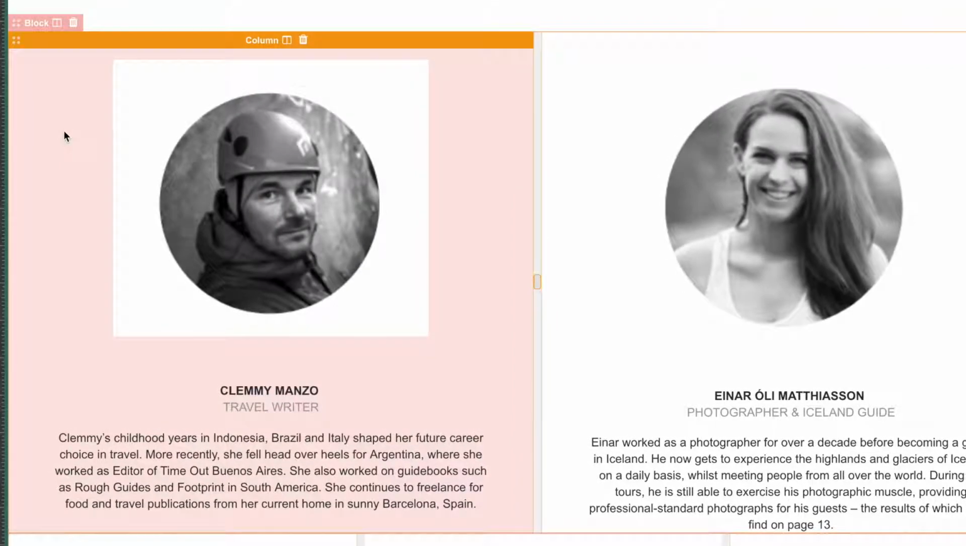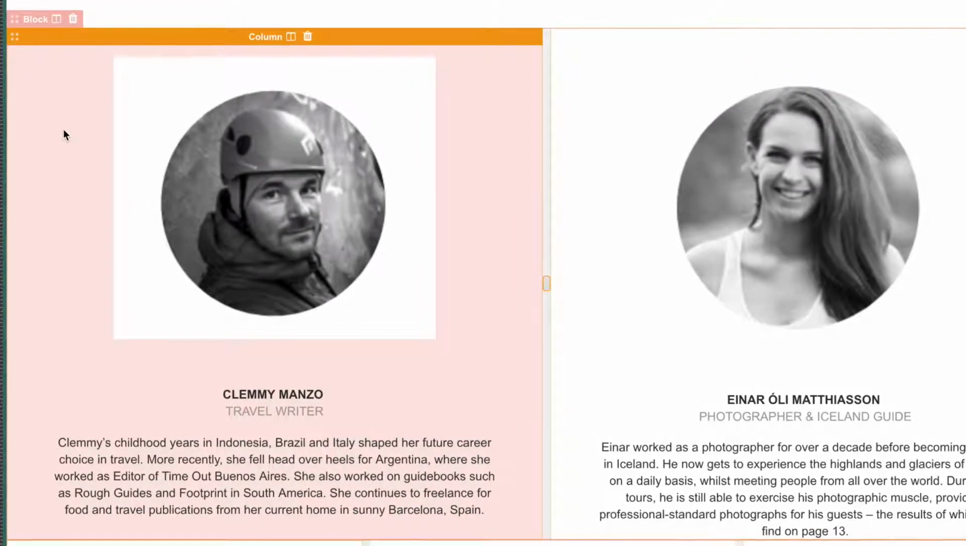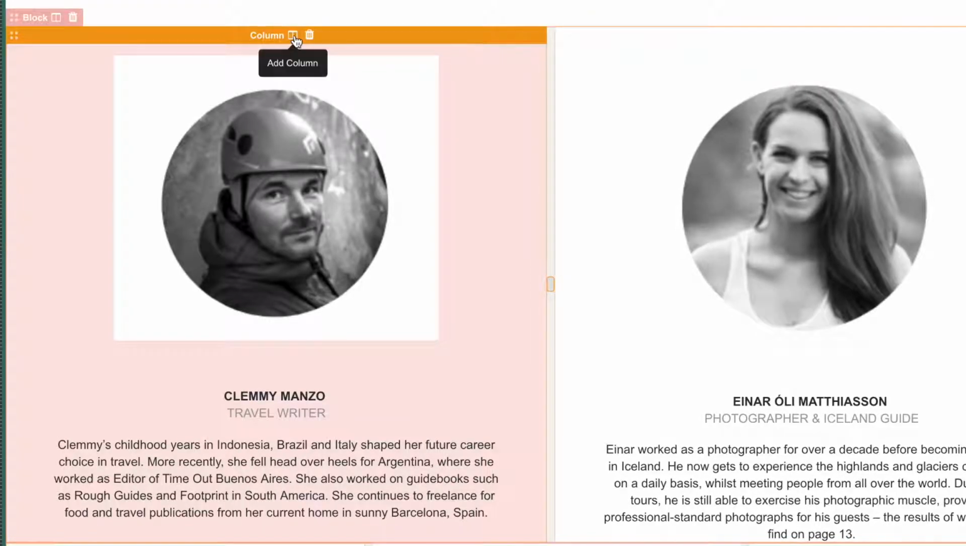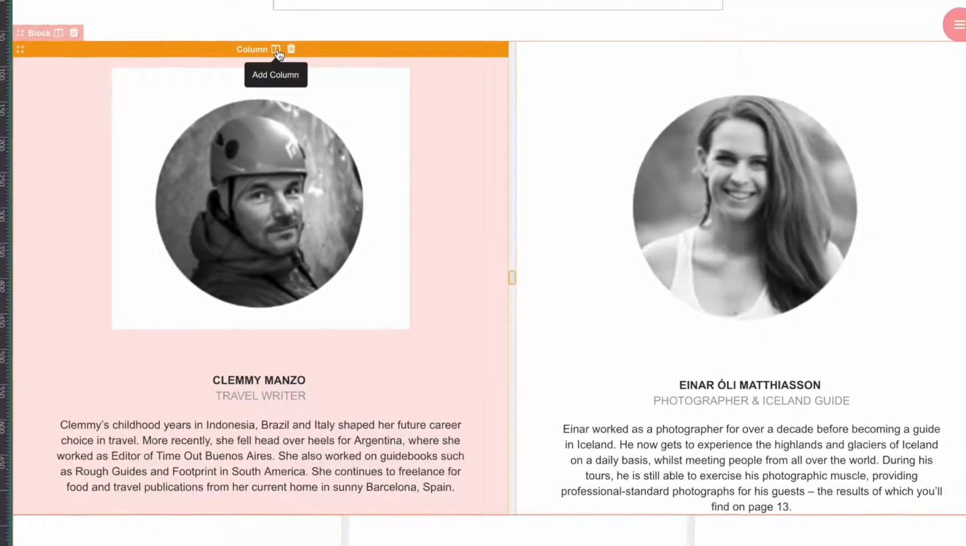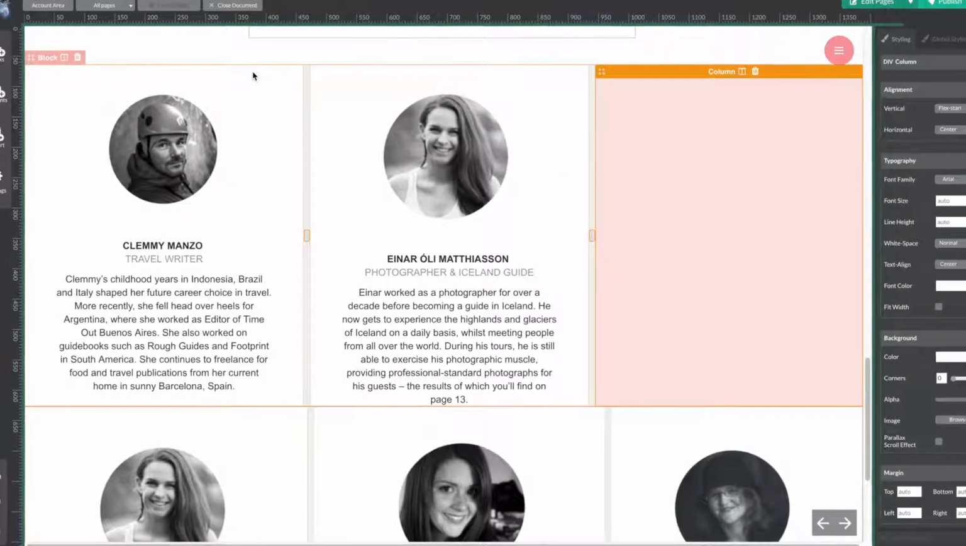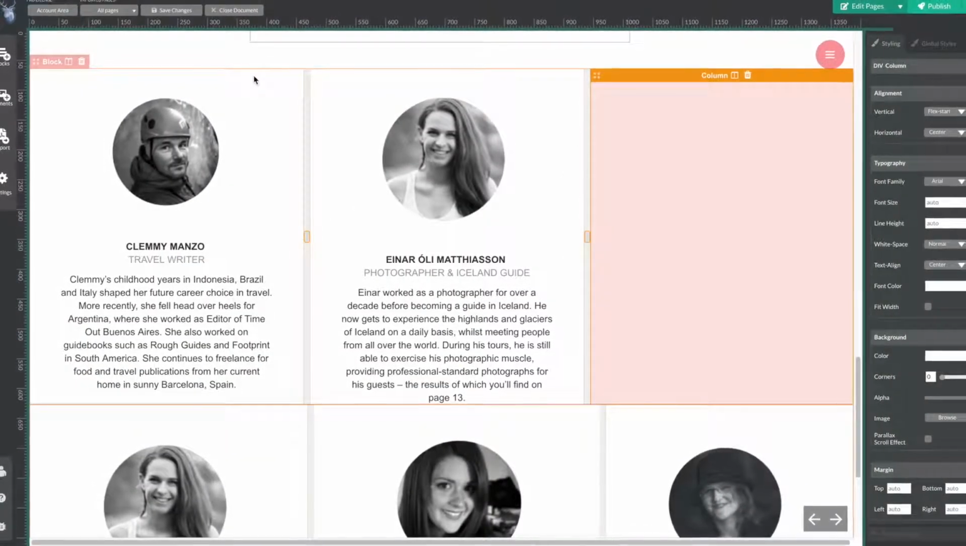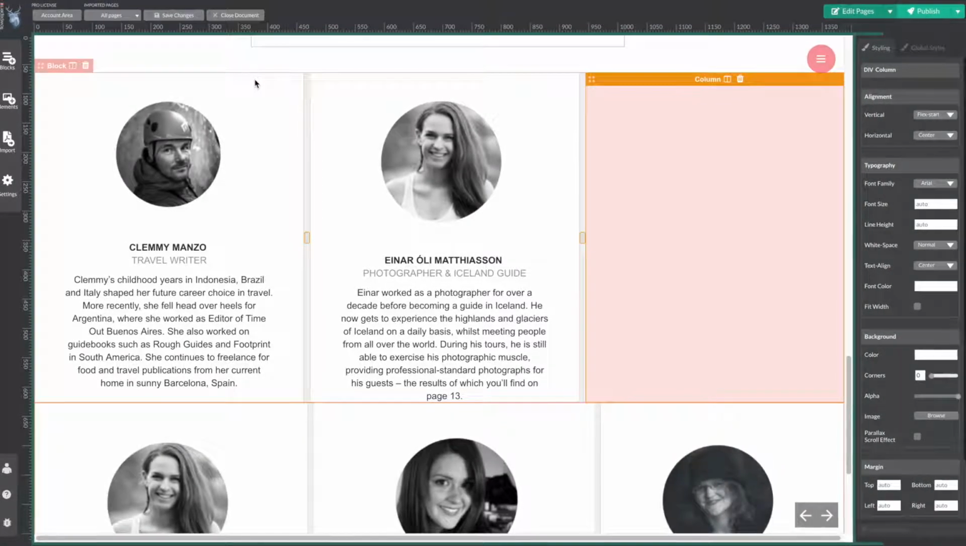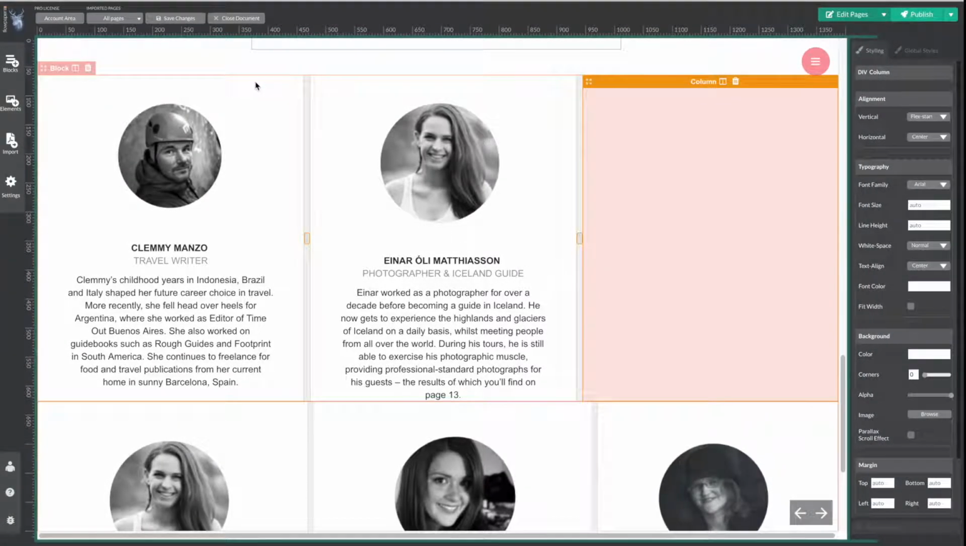Let's look at how to add columns. You can do this in two different ways. The first way is to use the column button by selecting where you would like to add the column and then hitting it. You will see that it automatically adjusts so that you get a new column where you can place your content. The second way to add columns is to head to the Blocks button on the left-hand side